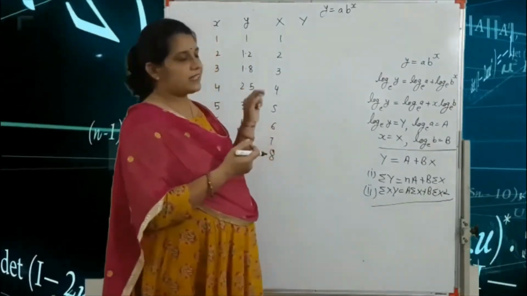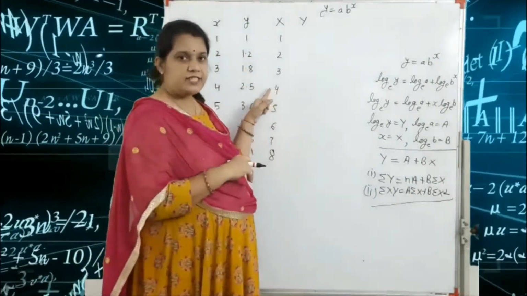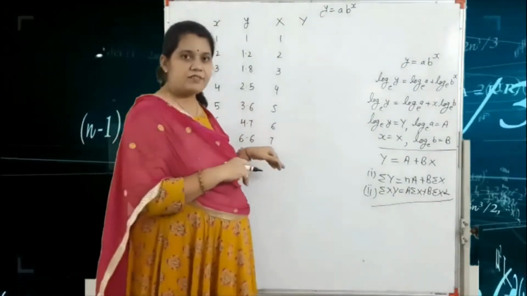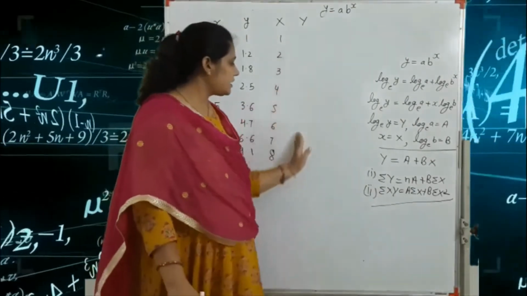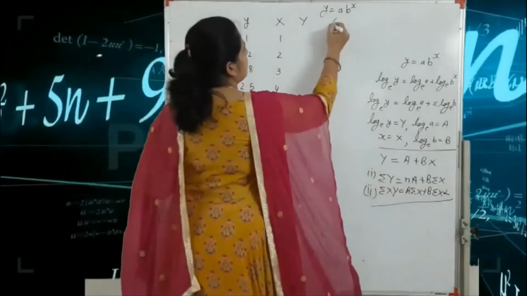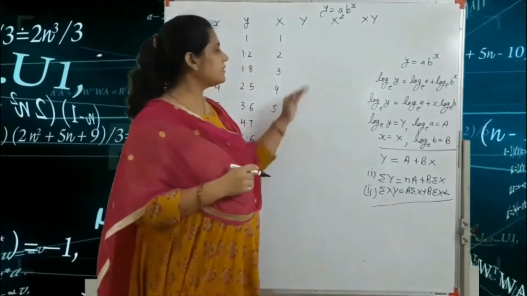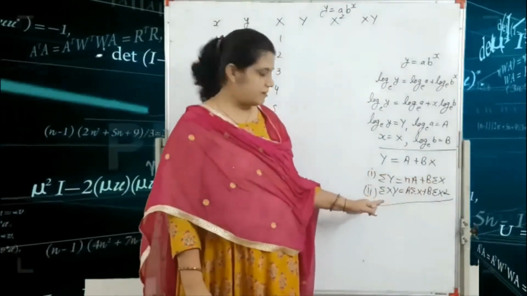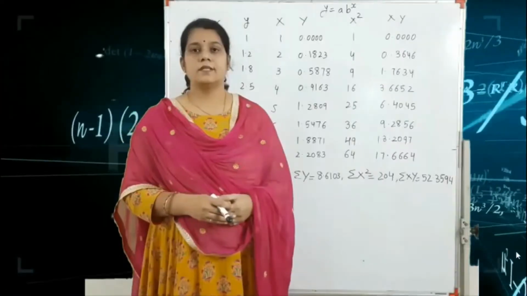So first we take ln 1, ln 1.2, ln 1.8, ln 2.5, ln 3.6, ln 4.7, ln 6.6 and ln 9.1, and after this we write these values. Next column is x square and last column is x into y. After making this table, we find the summation x, summation y, summation x into y and summation x square. So first we make the